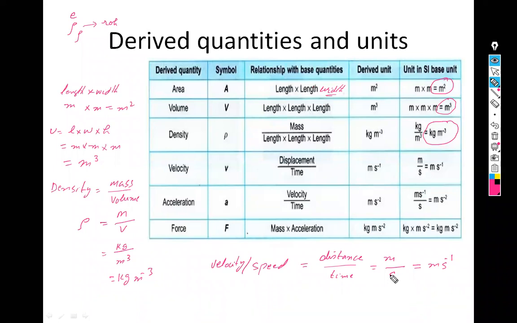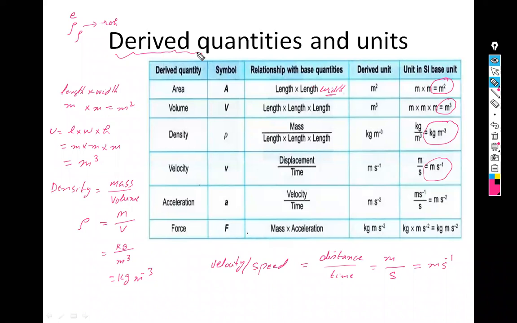Or you may write it as meter second to the power minus 1. Take this from the denominator to the numerator, its power is negative 1 and sign is changed. Meter per second is the derived unit of velocity. And in the same way, acceleration, force, they are incoming chapters here. When we do these chapters, we will discuss them in detail.